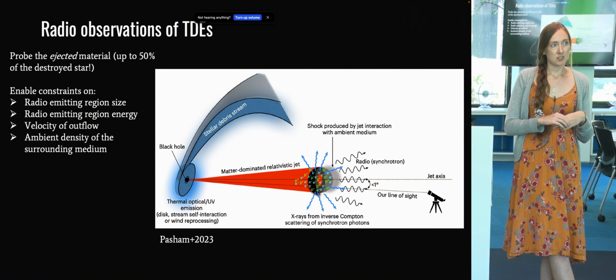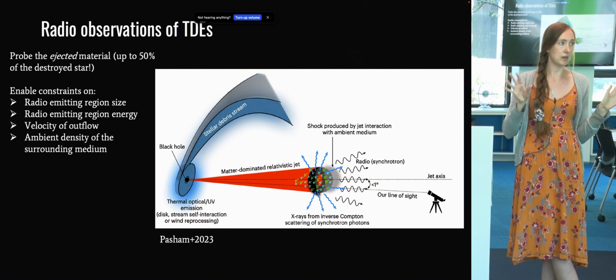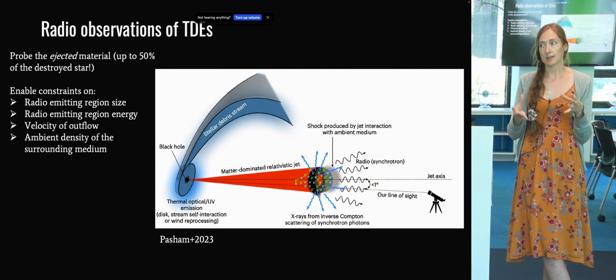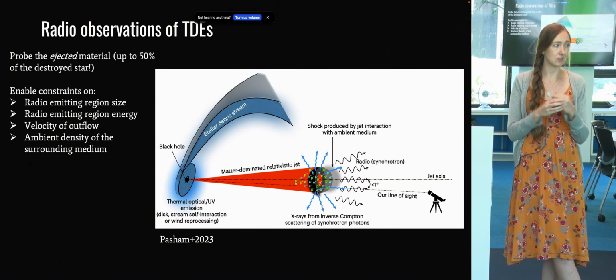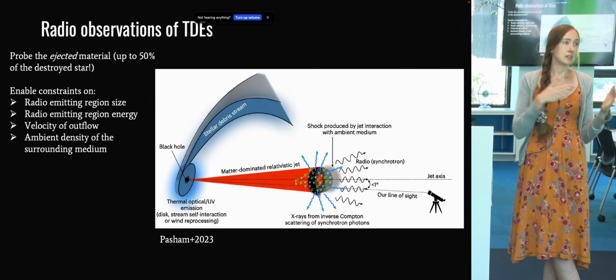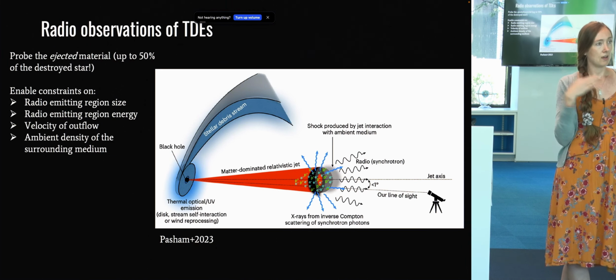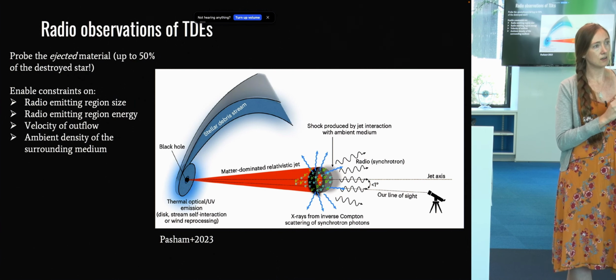In the case of a jet, that jet drives into the circumnuclear medium. The circumnuclear medium in a galaxy is quite dense, we think. In the center of a galaxy, there's gas and stuff around. And so that jet creates a shock as it hits that gas and stuff in the center of the galaxy